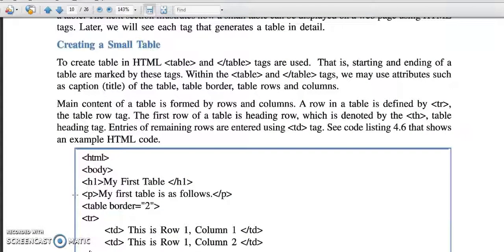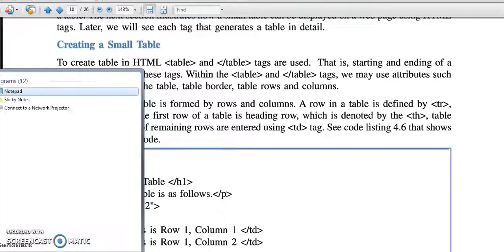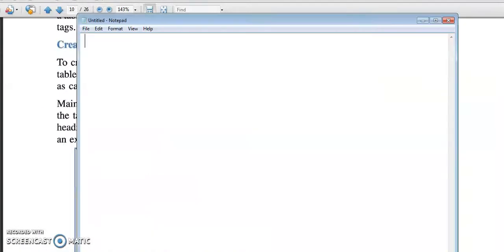First, here is an example of creating a small table. If you remember how we create coding in the Notepad editor, at first we start with the HTML tag, then head, then title. My first table, this is our title.